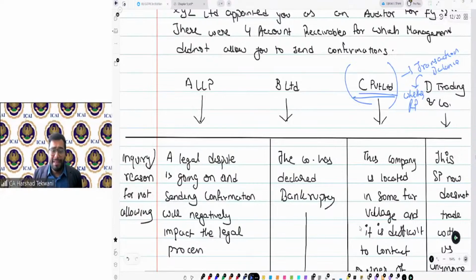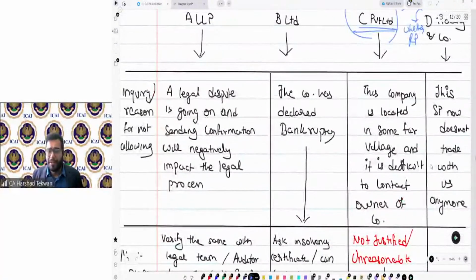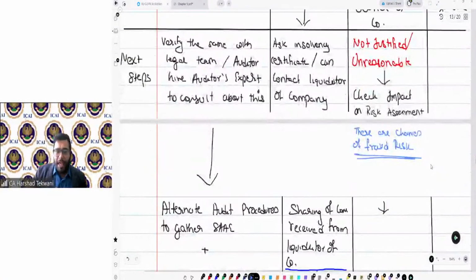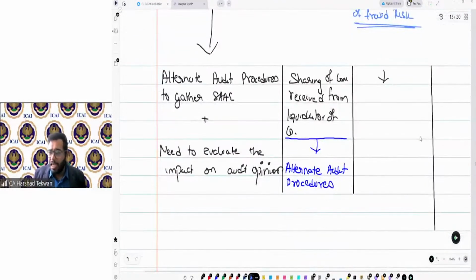How many such companies are present where management is not allowing me? For example, this sole proprietor doesn't trade with us anymore. The same will be applicable over here, same as C Private Limited. I need to check the impact on the risk assessment, whether there are chances of fraud or not, whether there is a chance of fraud risk.